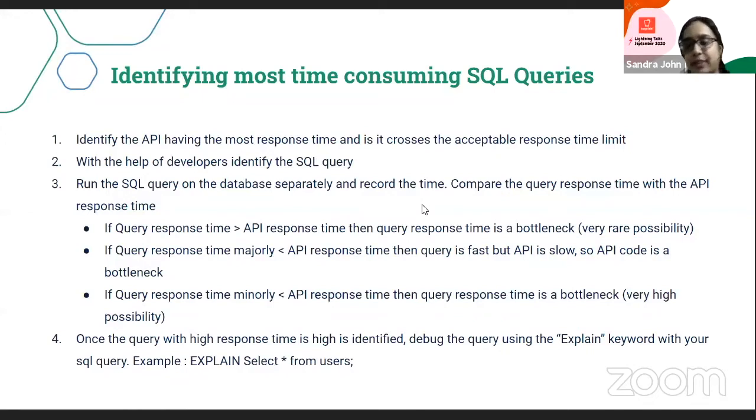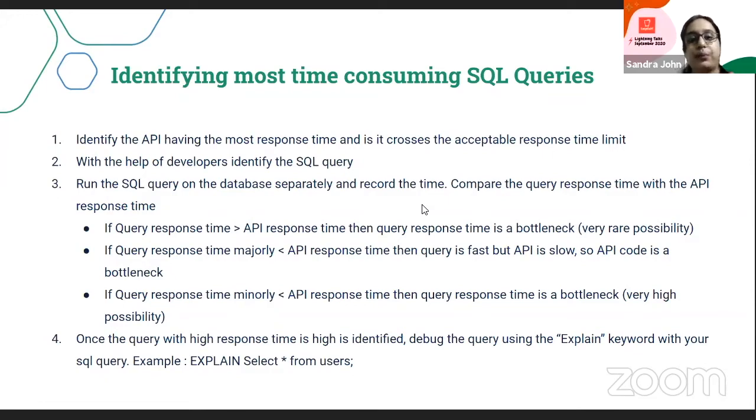As we identified the issue area, we broke down the entire search API into two parts. One being the business logic or backend code that was doing the actual processing, and the second part was the database query. For the backend code, we checked with less amount of data, which helped us conclude that the problem did not lie there.